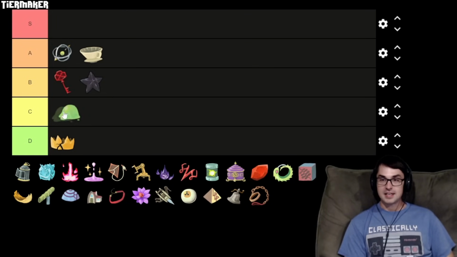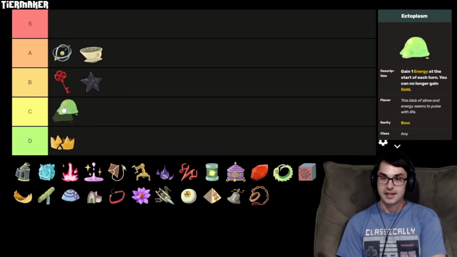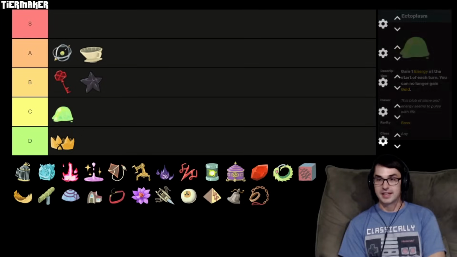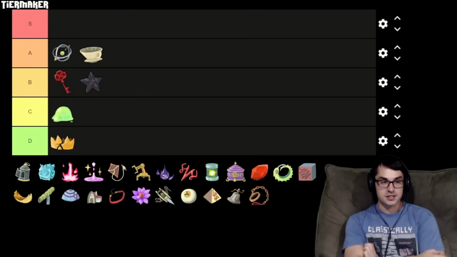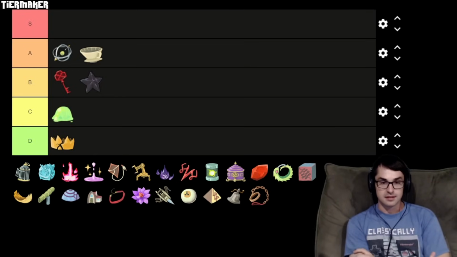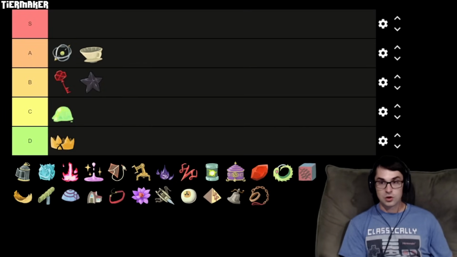Ectoplasm. I think Ectoplasm's pretty similar to the Busted Crown in that it is a boss relic where the downside is pretty tough to mitigate. You can't get any gold. That means that there's a lot of relics that won't do anything. The Maw Bank, the Ceramic Fish, the Smiling Mask, the Old Coin. These are all relics that are worthless if you pick them up